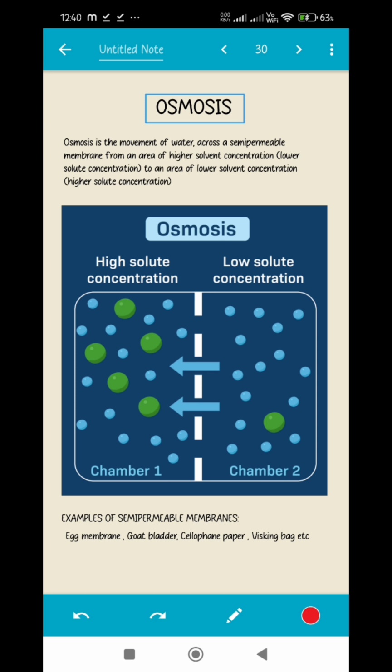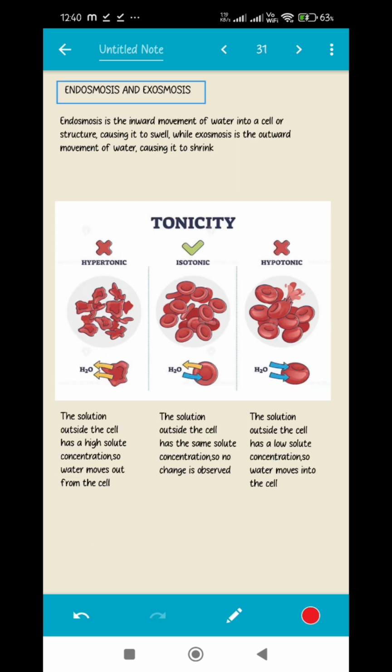Now there are certain types of semi-permeable membrane. The most common one that we have studied that day was the cell membrane. Next we have goat bladder, egg membrane, cellophane paper, whisking bag, etc. We can use all of these in the process of osmosis. Now there are basically two types of osmosis, one is endosmosis and one is exosmosis. Like the name already suggests, endosmosis is the inward movement of water into a cell or any structure, causing the cell to swell up, and on the other hand, exosmosis is the outward movement of water from a cell, causing